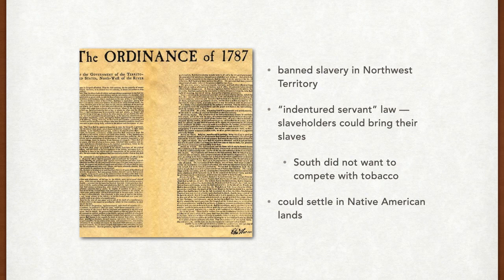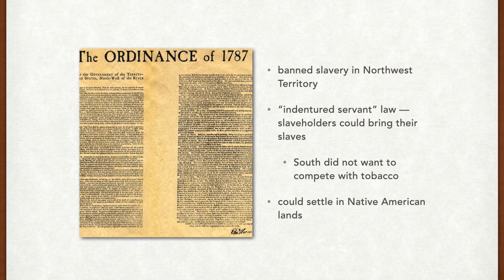Additionally, slave states' political power would merely be equalized, as there were 3 more slave states than there were free states in 1790. So again, not only do we have to figure out if these territories are going to be free or slave based on our morals, right? But also the slave states and the free states are going to argue in the government for years until the end of the Civil War. So you have to make sure that one side doesn't have more government representation than the other, right? Or else things are going to go a certain way.